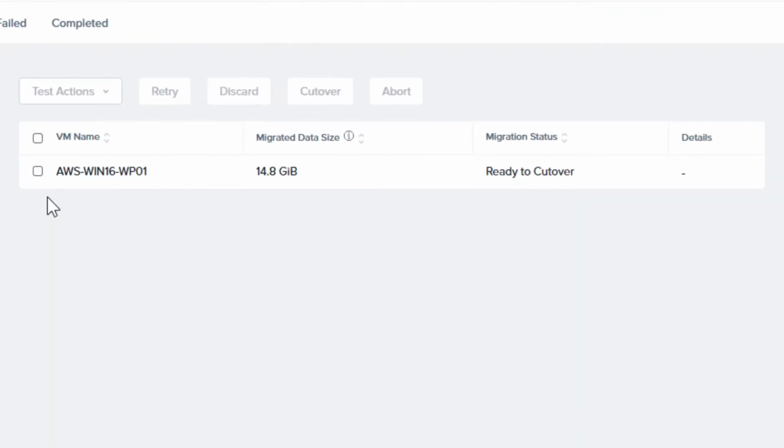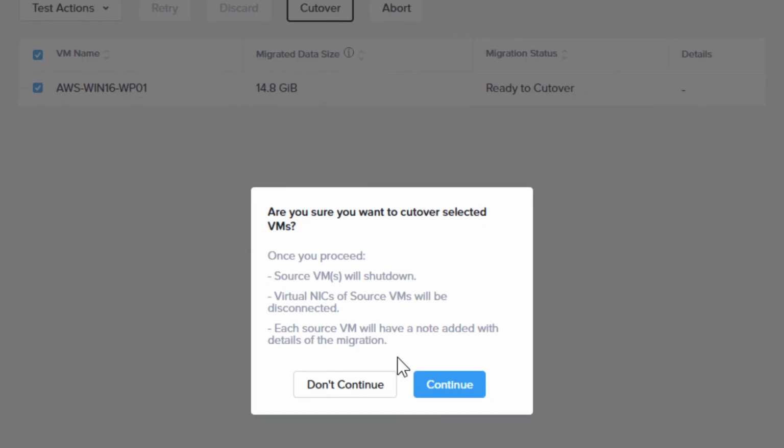I would recommend doing this when coming out of AWS, as this will give you a more accurate estimate of downtime while the migration is in progress. For this video, we are not going to do a test migration and go ahead and do a regular cutover. The process is the same as before. The source VM will be powered off, and the data will be synced between them.